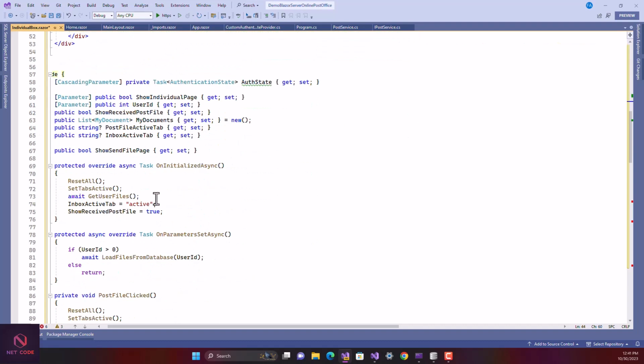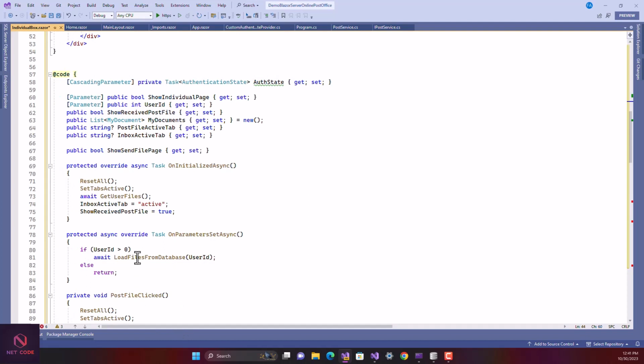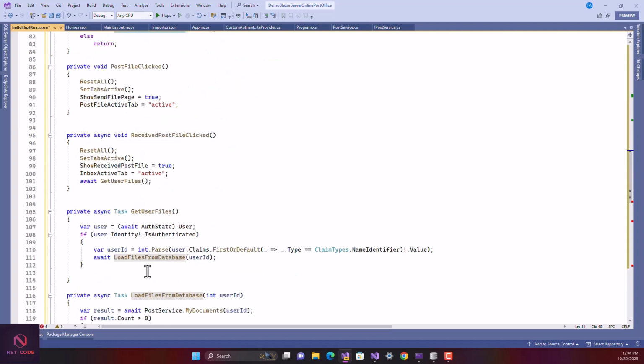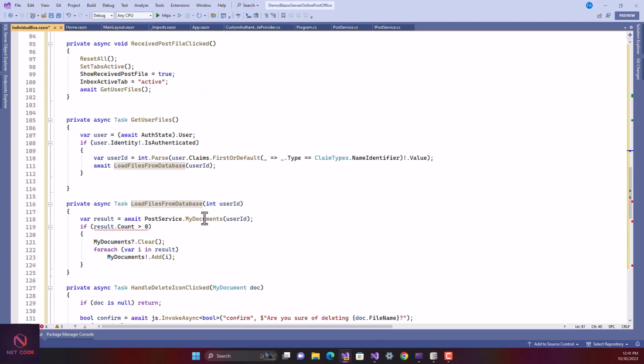Okay, now when you check the parameter async, we said that this is the parameter. As soon as it changes, we want to load files from the database passing the user ID, because this is going to accept the user ID. So we are going to assign the user ID here, and I'll call the service. Now, what this method is doing here is loading files from the database. When you check this, it is calling a service over here, right? And it gets a list of files from the user and also populates it to this my document,